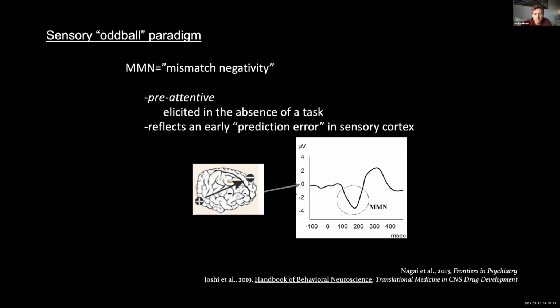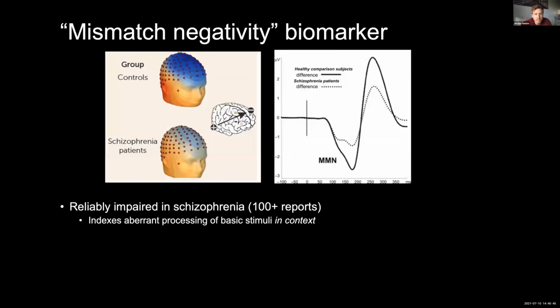Why this is particularly important in the clinical literature is that the mismatch negativity, or this increased negative-going scalp potential to rare deviant stimuli, is significantly lower in individuals with schizophrenia and other psychotic disorders. This has been reliably replicated in hundreds of reports over the past three decades. It's one of the most consistent biomarkers of the disease, and it's also relatively easy to record. Again, it doesn't require a task or attention. And it's thought to index